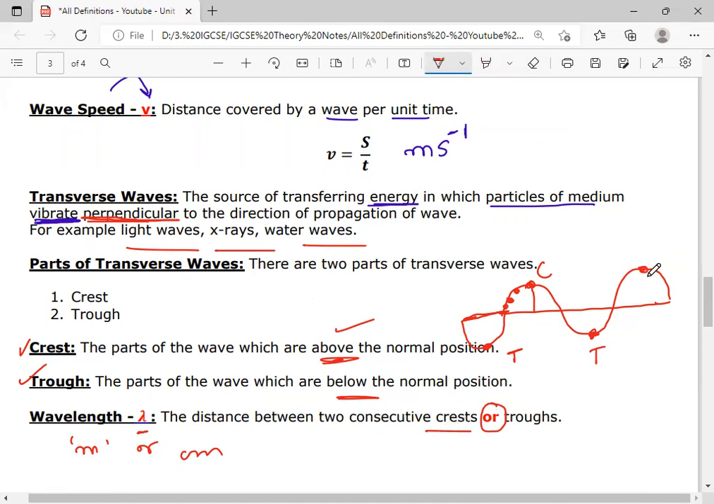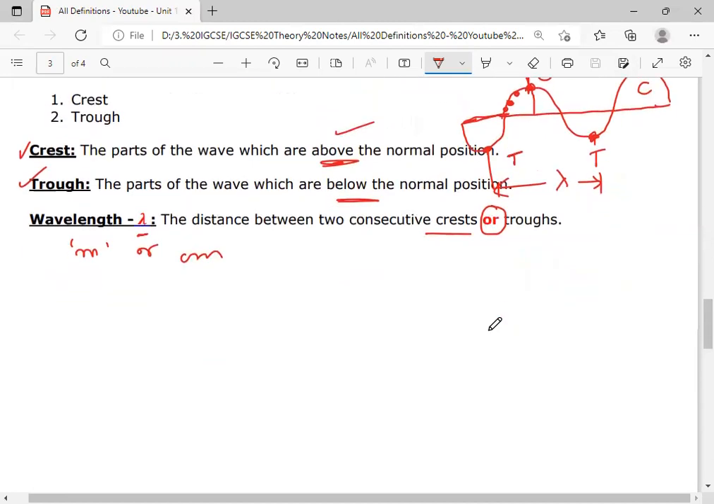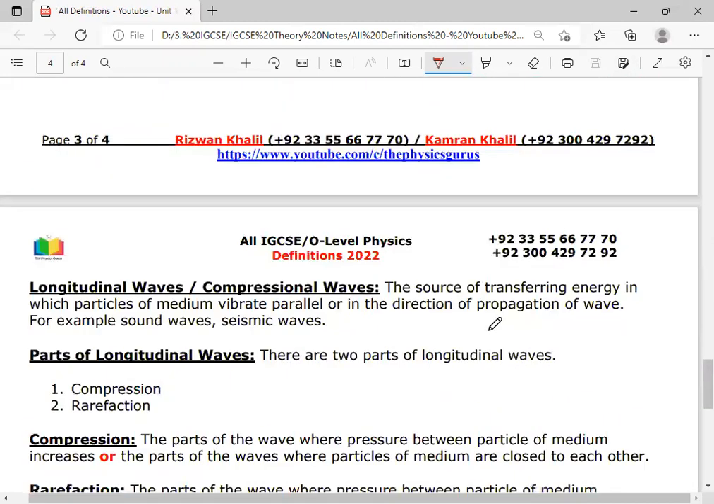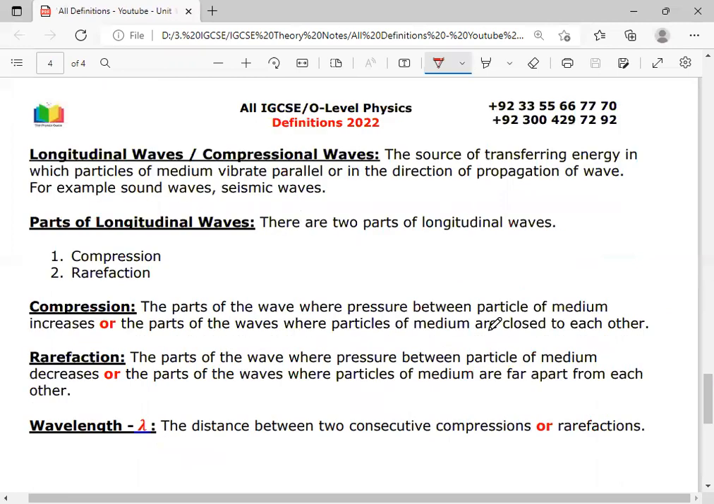So this will be the crest, and this distance will be the wavelength, and this distance also will be the wavelength, or the distance of the wave is also called wavelength. But in terms of transverse waves, we have to mention that the distance between two consecutive crests or the distance between two consecutive troughs. Then here comes the second part of the wave, that is called longitudinal waves, and